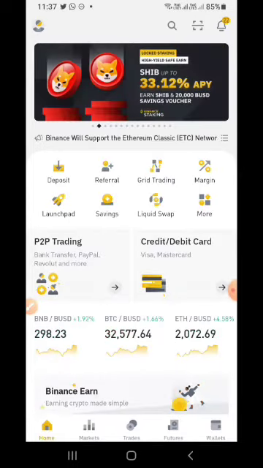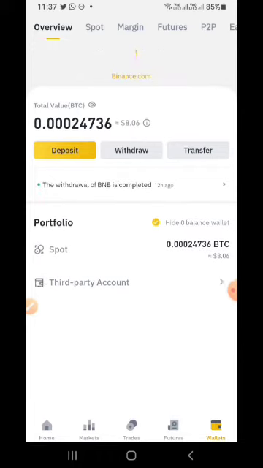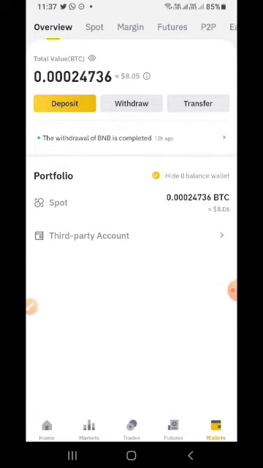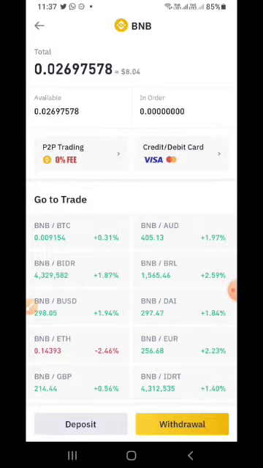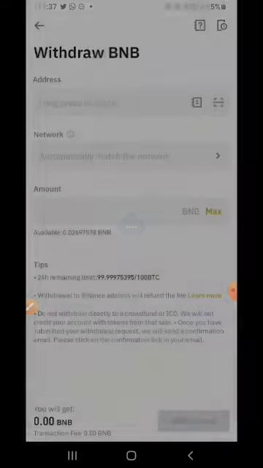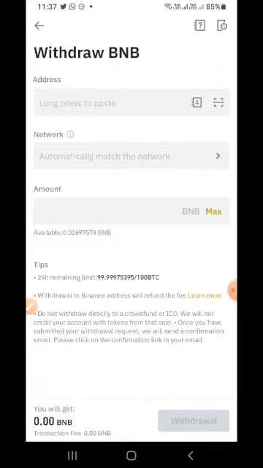Click on wallet. It will show your balance. Click on Binance, then click on withdraw. It will ask you for the address, network fees, and your amount.